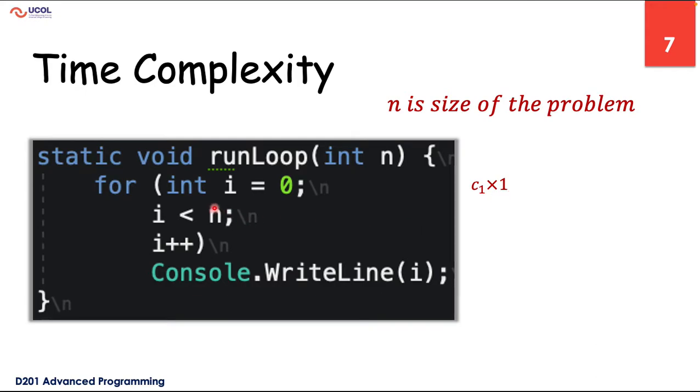I mean, how many times this particular specific line is being executed during the execution of this particular specific algorithm or this particular specific method. On the other hand, if you look at this line, if the size is n, size is 10, then the comparison will be done C2 multiplied by n plus 1 times. Okay,